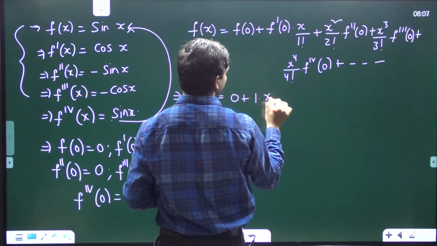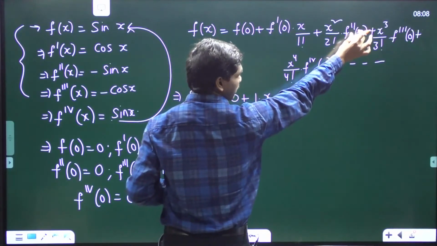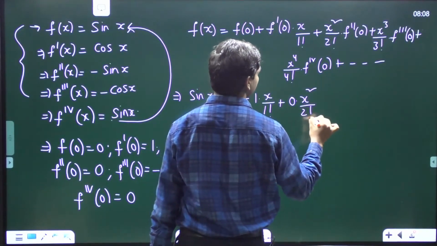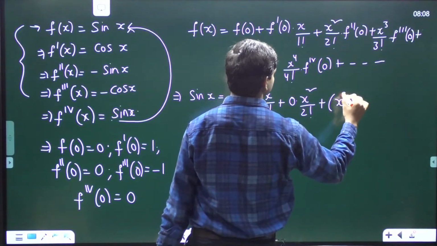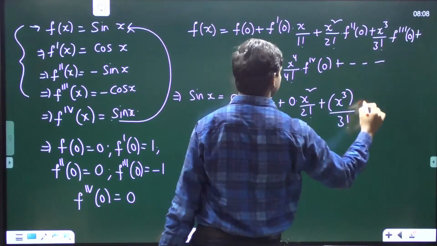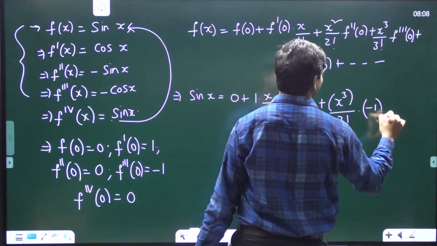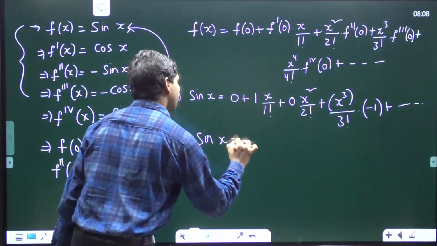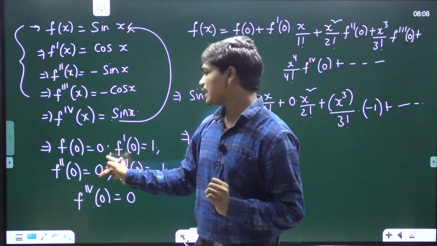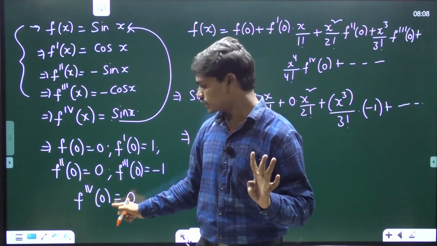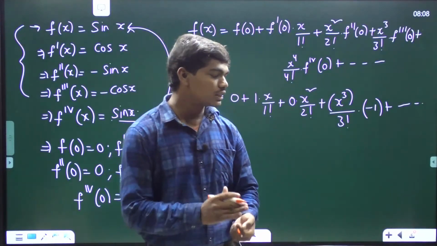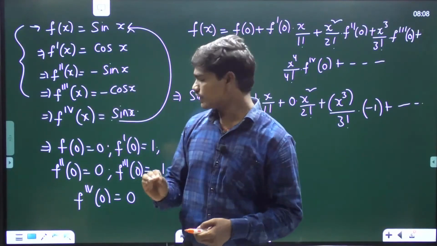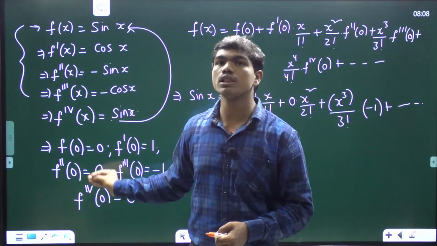So 1 into x by 1 factorial plus, then the second derivative is again 0, so 0 into x square by 2 factorial plus x cube by 3 factorial, which I have already written there, into what's the third derivative at 0? Again we have minus 1 plus, and this series goes on like this. So if you see clearly, we have sin x is equal to, now see one thing clearly, all the even derivatives are 0, meaning the second derivative, fourth derivative, sixth derivative, eighth derivative, all these are zeros, because sin and cos x keep on repeating alternatively, of course with a plus and minus alternation. So all the even derivatives are 0 and all the odd derivatives are of magnitude